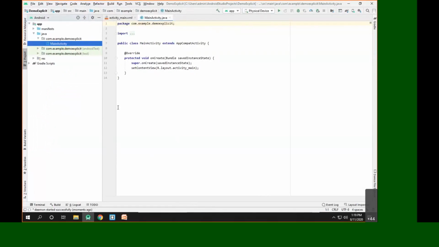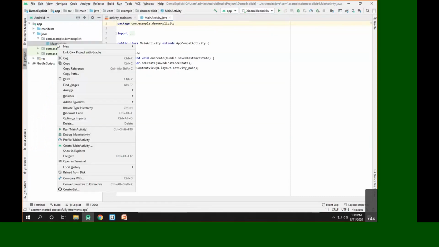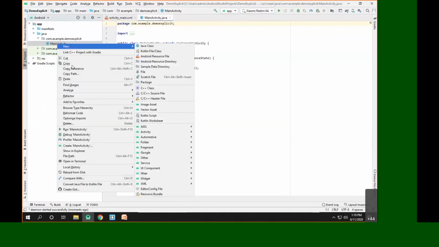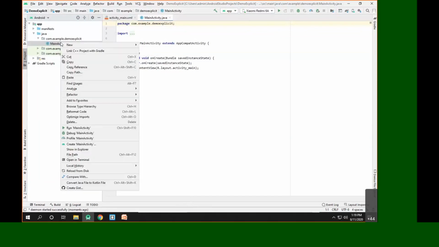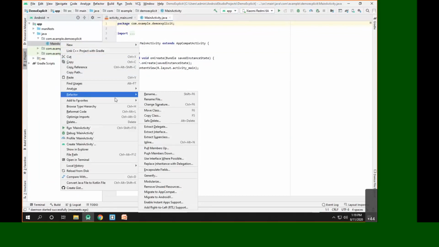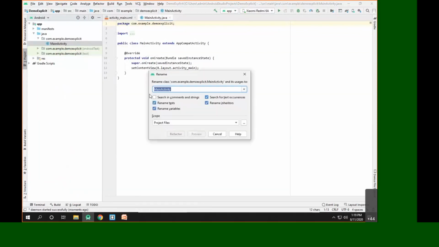Now you can see we have only one activity, main activity. Let's rename it. We'll right click it and search for refactor. There is no direct option available for rename, but we have another option called refactor. If you want to rename this main activity, we click on refactor, and inside refactor we choose rename.